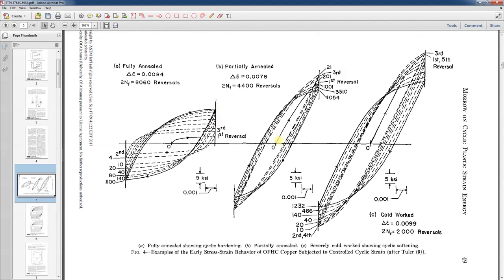Here's one that's partially annealed. You get the first cycle, and then some cycles it kind of hardens, some cycles it softens a little bit. It's sort of a cyclically stable type material on the average, I guess you could say. But here's one that's been severely work hardened, and it starts very stiff, but as the cycles increase, the stresses decrease. So one of the big things to get out of this paper was that he was able to show